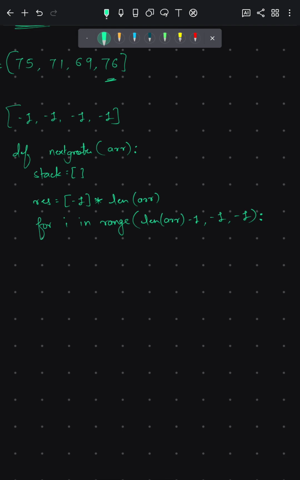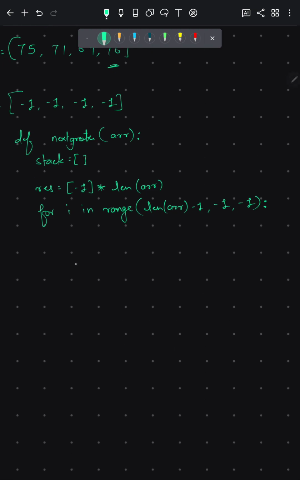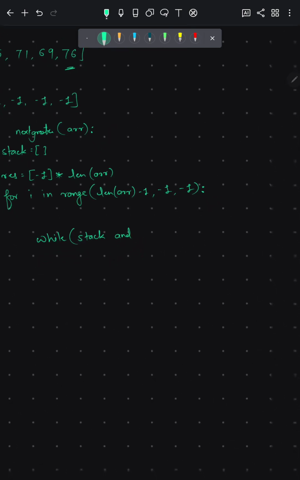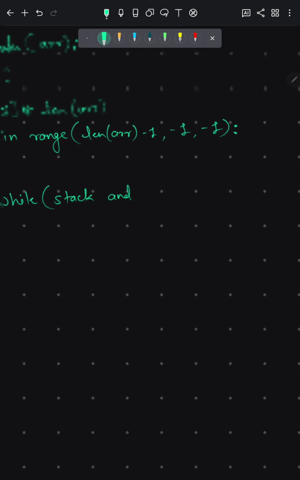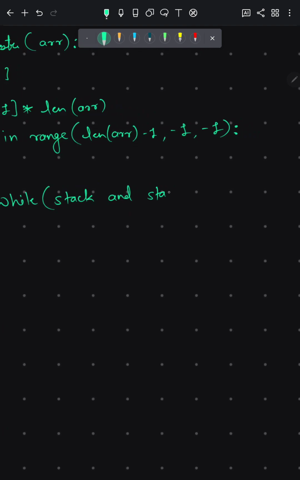So what is our condition? First we are going to check if there is a stack, if there are any elements in the stack or not. So if stack is true, that means the stack has at least one element. And what we are going to check? Stack of top. What is stack of top?